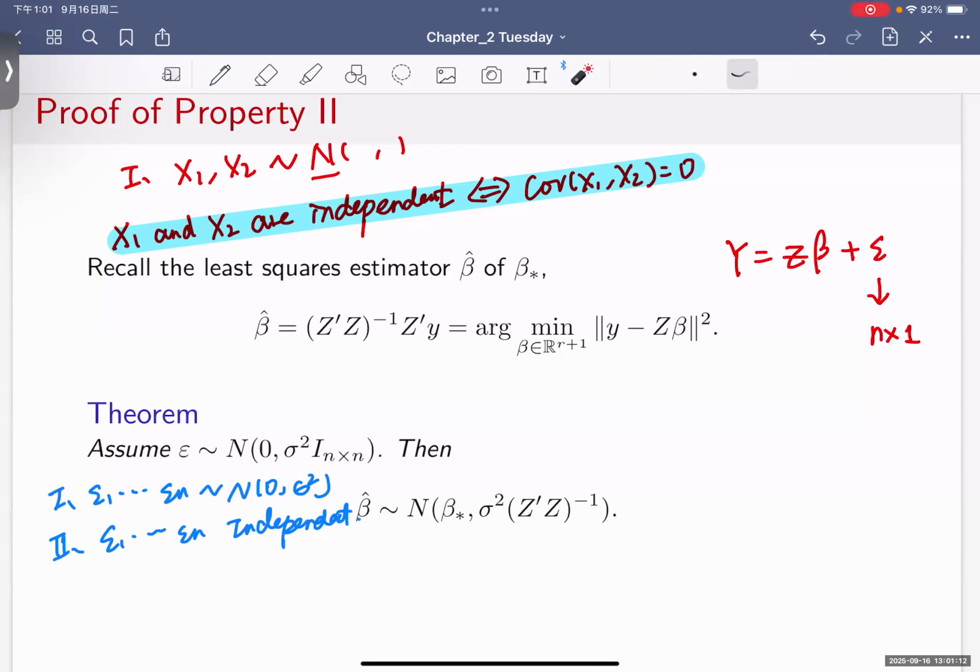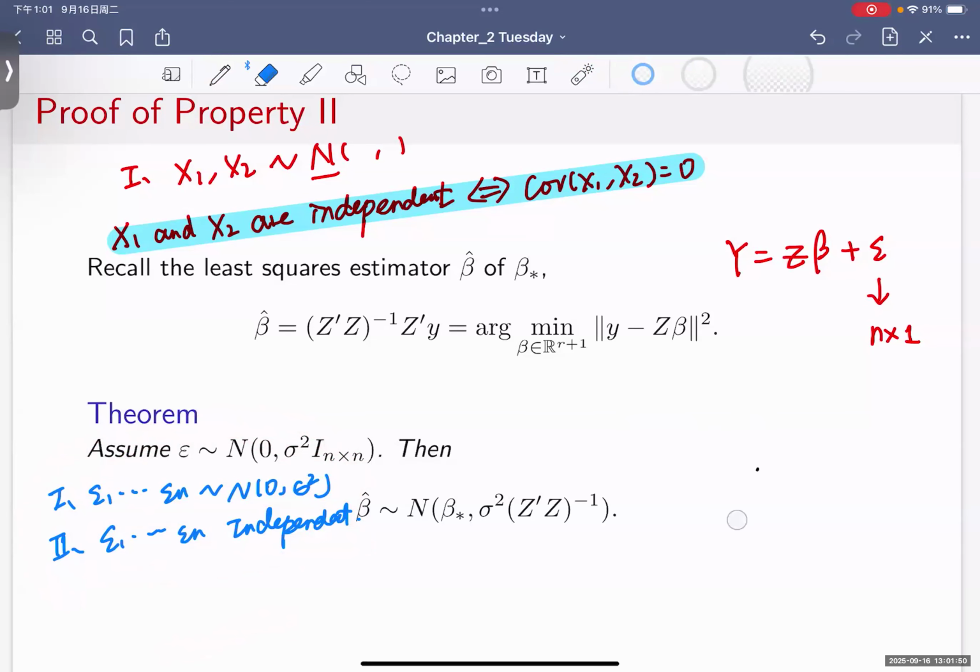Therefore, this assumption presented here is the same as the assumption I pointed out when I introduced the normal distribution. They share the same normal distribution, and epsilon 1 to epsilon n are independent. Maybe we should take some time to understand why it stands for this. Epsilon 1 to epsilon n is a vector that follows a normal with